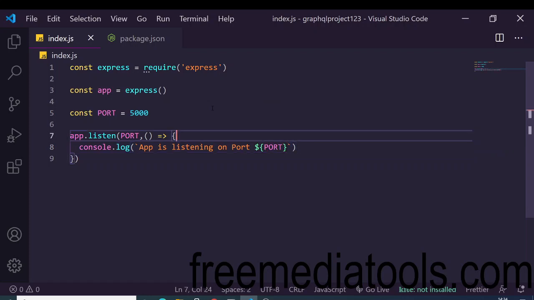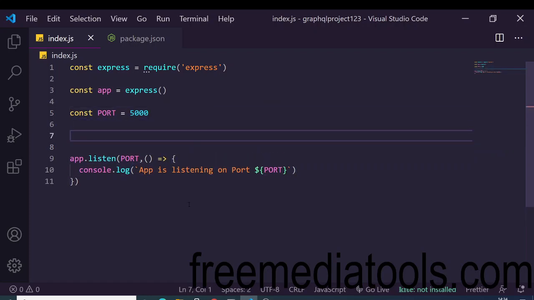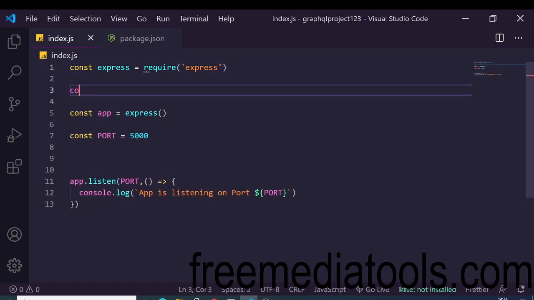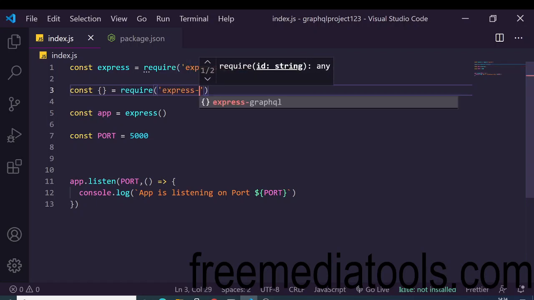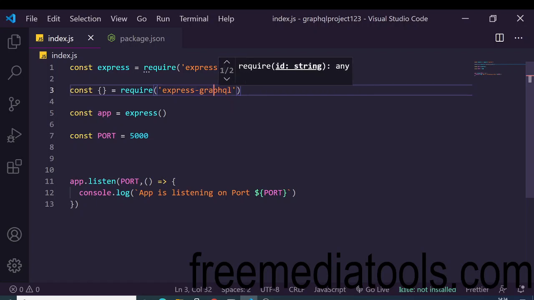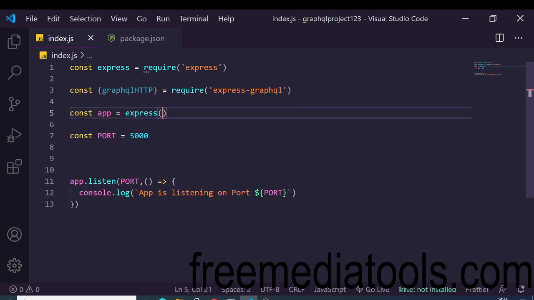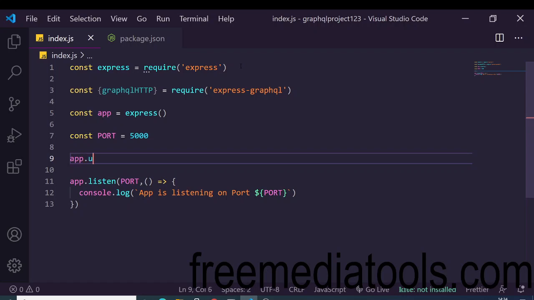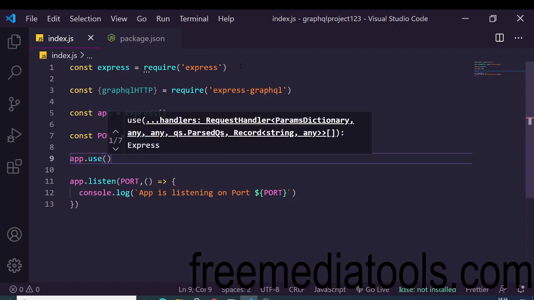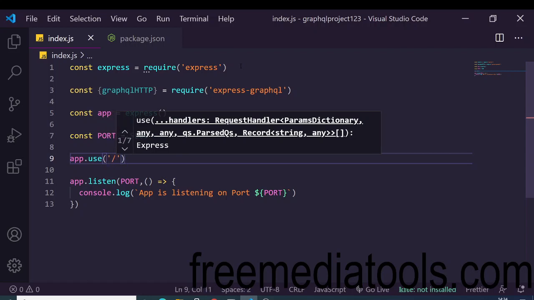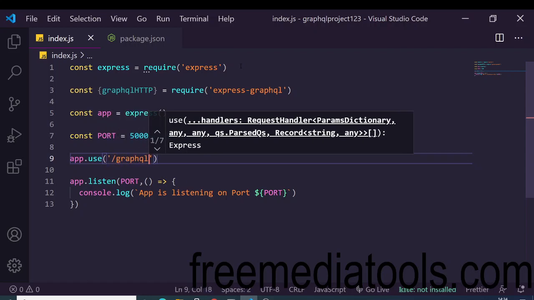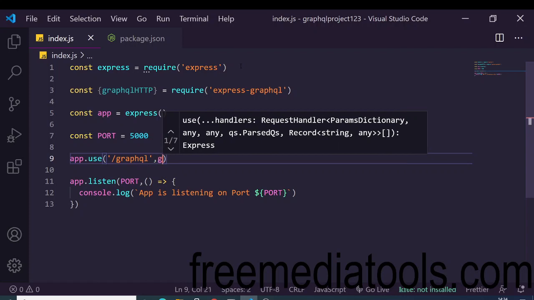"app is listening on port", like this. Now what we need to do is require our Express GraphQL dependency, which is like this. Inside this we need to extract the method called graphqlHTTP. You can see this is a method. We need to extract it, and now we need to pass it as a middleware function. So app.use, and here we will make a request which is /graphql, and then we need to use this method here,